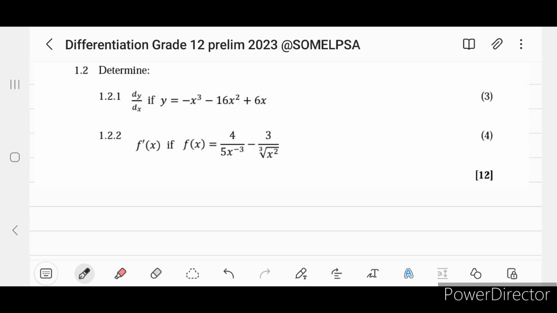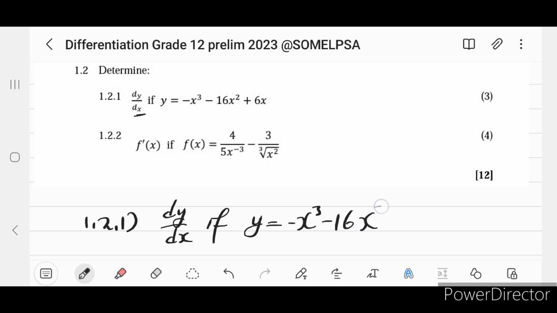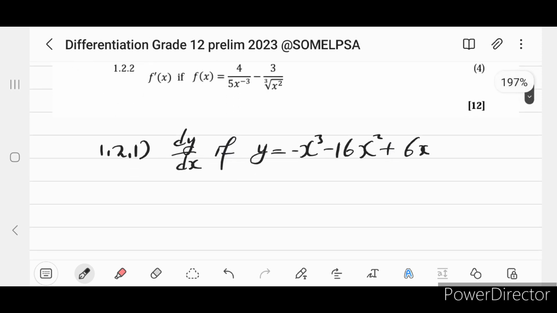1.2 has dy dx. That means differentiate function y in respect to x. Okay, so what do we have? This is 1.2.1. So this is dy over dx if y equals negative x cubed minus 16x squared plus 6x. So we just